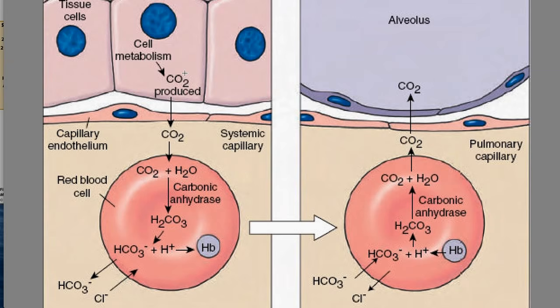When you're at an active tissue, you're going to be producing CO2. You're going to be changing your pH slightly, and you're going to be kicking off bicarbonate into the plasma. And so this is the explanation when you read or have someone tell you that bicarbonate is our primary place that we have CO2 in our blood. And so this is the primary carrier. This is how CO2 is mostly transported in the blood.